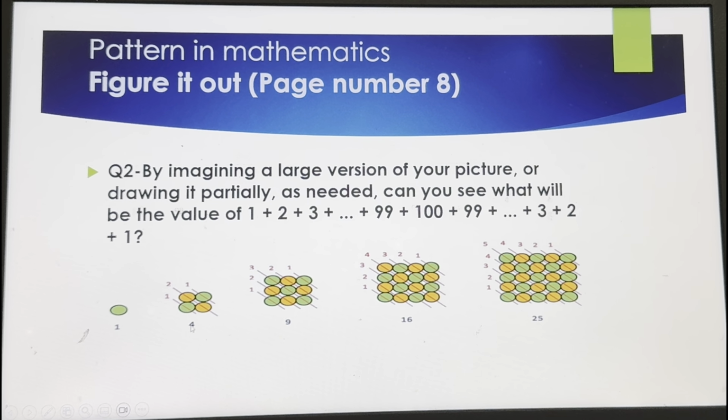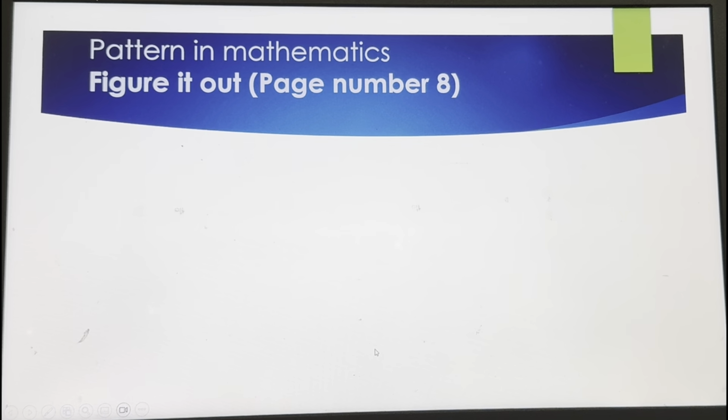So what was the square? It is 4. You see the center number, it is 2. So square of 2 is 4. Similarly, you see the second picture, 1 plus 2 plus 3 plus 2 plus 1. Which is the centermost line? It is 3, or you can say the highest number of dots in a slanting way. So 3 square is 9. So 4 square is 16. So what we are concentrating on is the largest number. Here the largest number is 100. So what will be the answer? Square of 100. Correct. 100 square is 10,000. Very good.